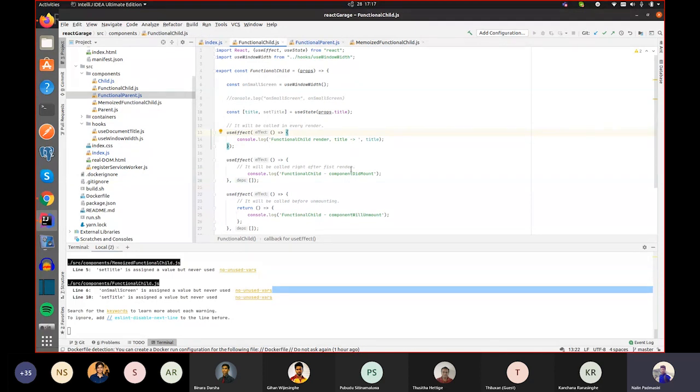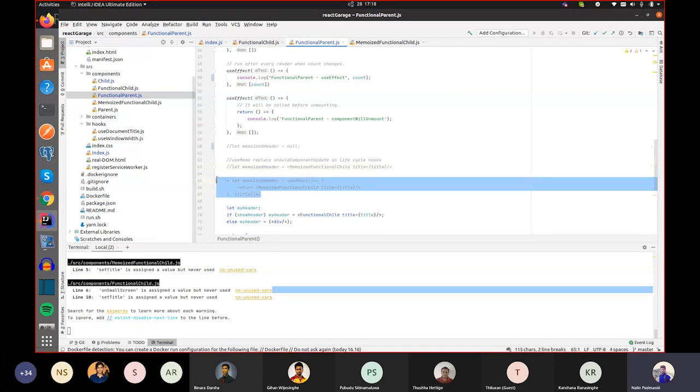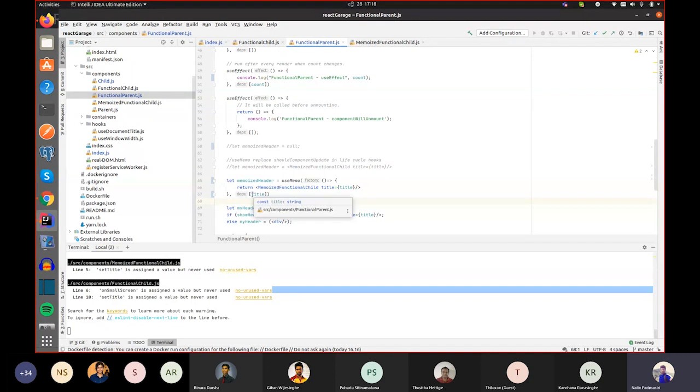That means it's a kind of unwanted re-rendering, because the same string will be used in every re-render. So what if we could memoize this title value and stop the unwanted re-rendering here? For that I could use the React useMemo hook.